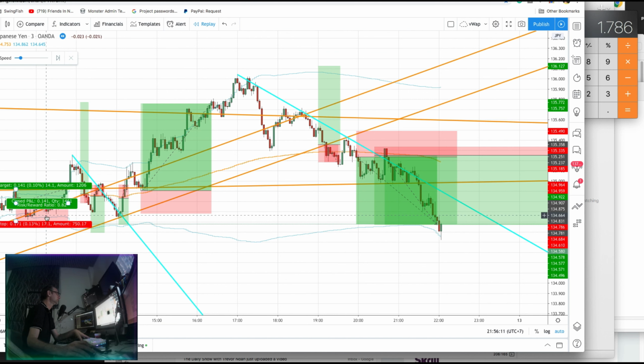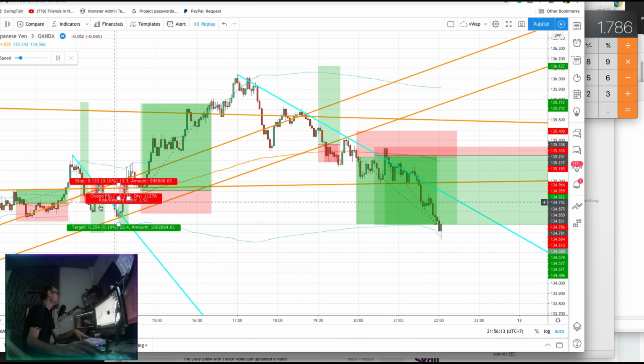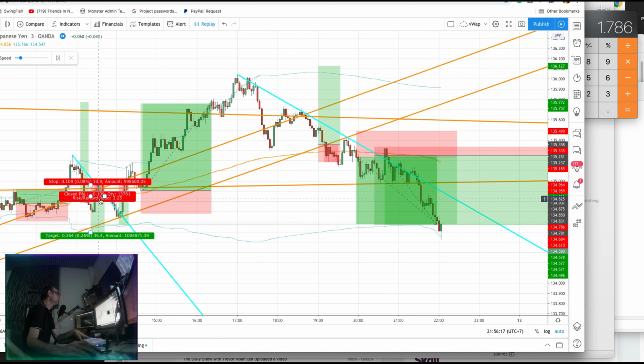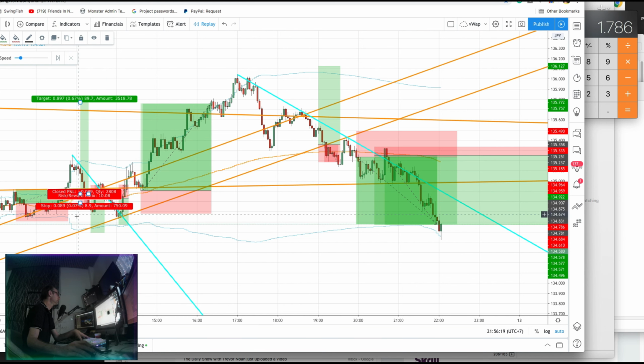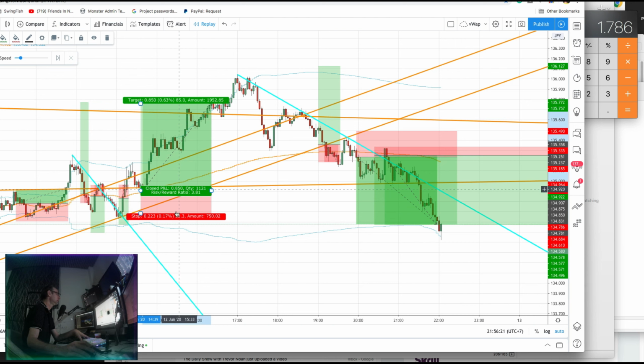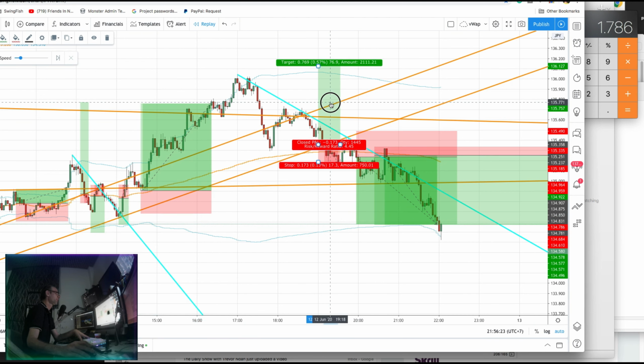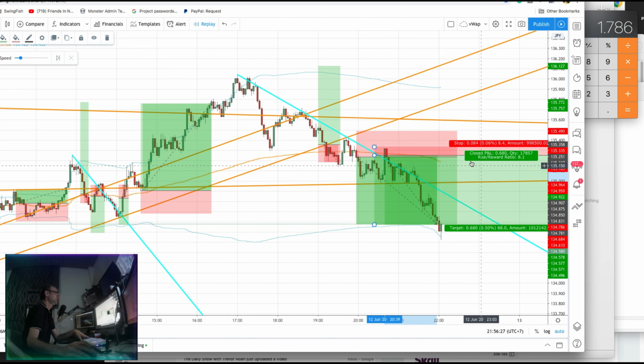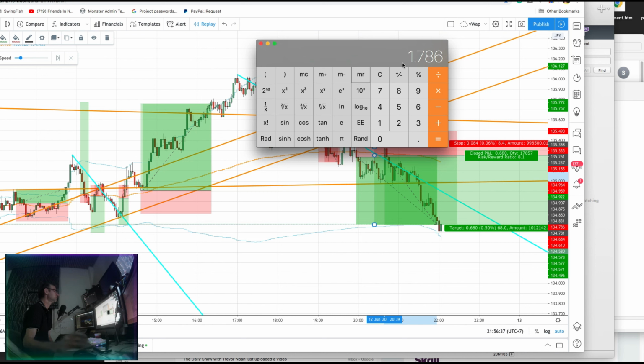I always risked only a 0.1. I moved the stop here, 0. But the initial risk was about 0.1, 0.07, 0.17, 0.13, 0.19, and this one to scale in 0.06. As you can see, you have very, very small risks, but the reward is quite substantial, and this is what